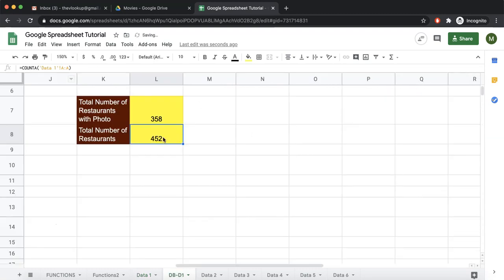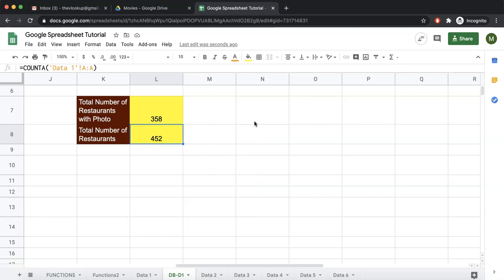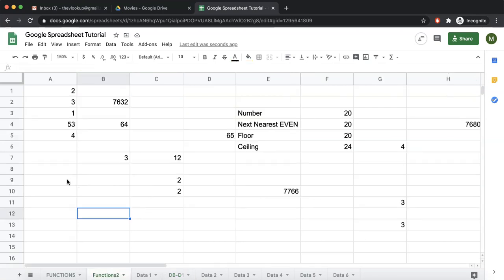This gives 452. So count A, if you see what it says, returns the number of values in a data set. It can be number, it can be string, it can be anything. If it is some value, it will return its number. So let's come over here and check. So we have something called 1, A, then blank, then 3, then 3.